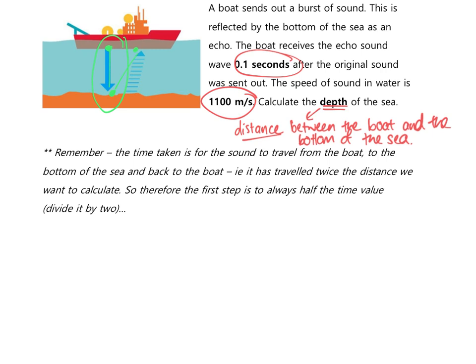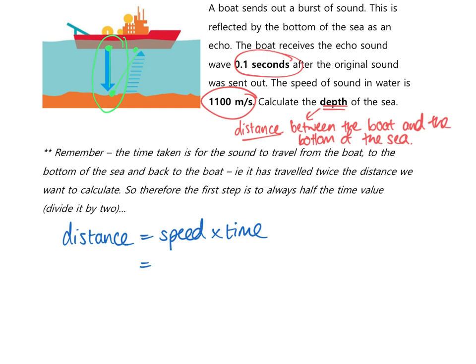Okay, so remember the time taken is for the sound to travel from the boat to the bottom of the sea and back to the boat, i.e. it has travelled twice the distance we want to calculate. So therefore the first step is to always half the time value, and you're better doing it at this stage before you forget. Okay, so if I write this out in full, the equation I want to be using is